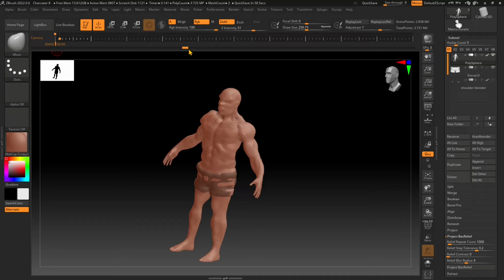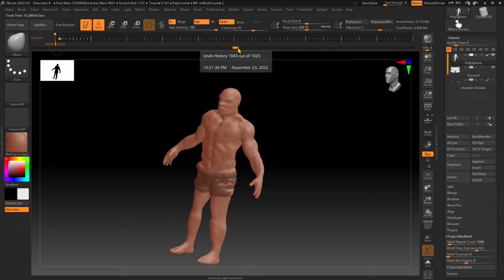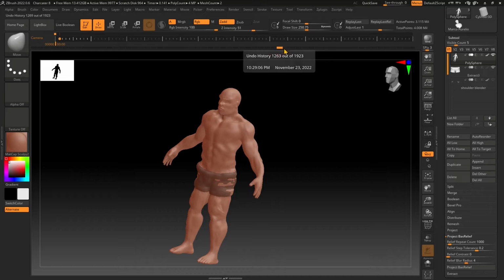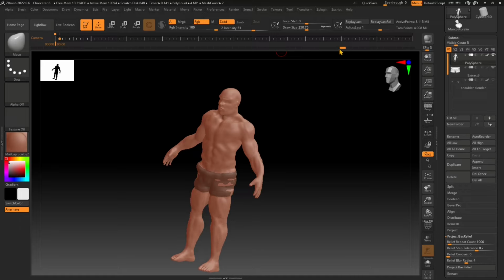Mainly the medium details have been done with a clay brush. So the clay buildup brush will be really handy to define details like muscles and everything that is essentially underneath the skin. So everything that is underneath the skin layer could be shown up in the superficial mesh. But we're also going to see how we can define the skin more and create really fine details, much smaller than this. So I consider this to be medium details, but we can also get more and more